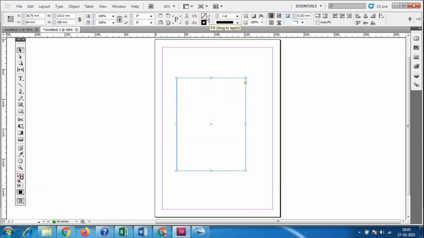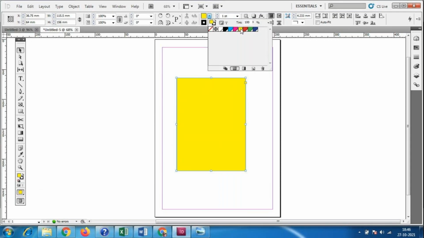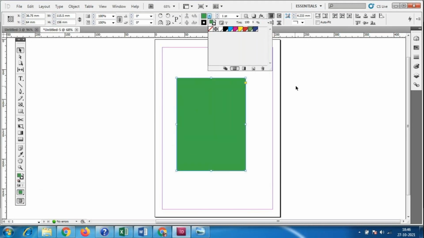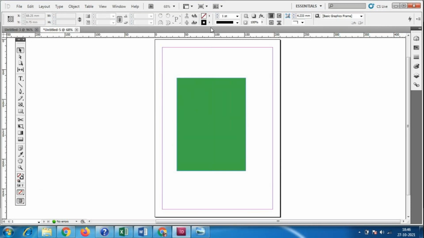Again you have this option here. One is the fill color option, and this is the stroke color. Stroke color means outline color. So the outline can have a different color, and inside this area we have a different color. So I'll select the color. We have only these many colors in the palette. This is the color I have given. You just have to select this one. Always you will get this option. And we have the stroke color. So I'll click on this. This is the stroke color. We are not able to see the stroke properly, correct?